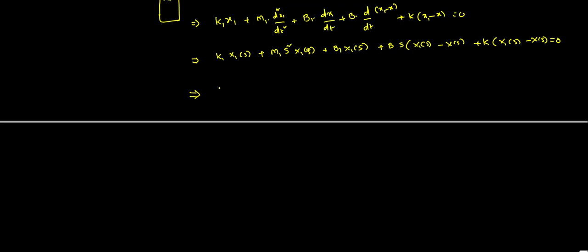If you take X1(s) as common, this will become m1 s square plus (b1 plus b) into s plus (k1 plus k), is equal to X2(s) into